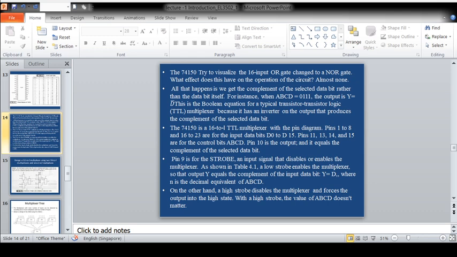So you can see the truth table. In a truth table, the first column is for the stop. When the stop is low, that means depending upon the ABCD value, any one of the data is steered to the output. But when the stop signal is high, the IC is inactive. That means none of the input data is going to be selected or steered at the output, and the output remains stuck at high only. So this way the 16 to 1 multiplexer works.